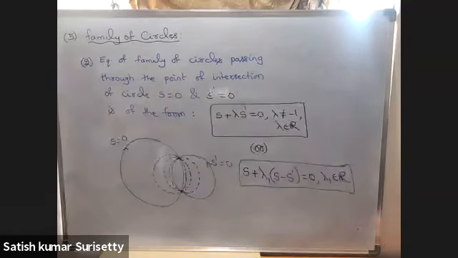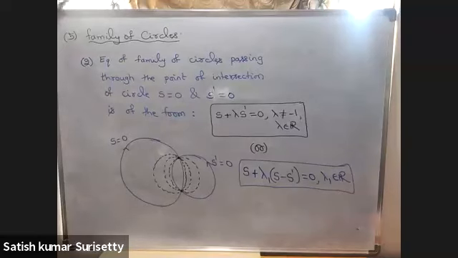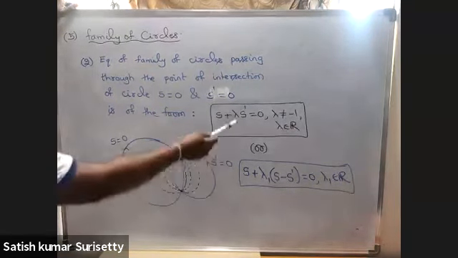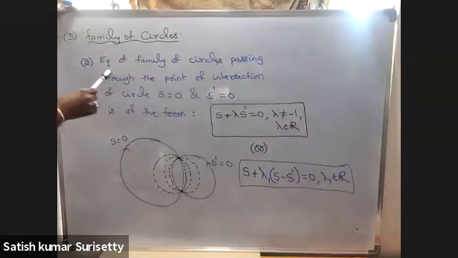Sir, here in the first concept, if lambda is equal to 0, then we will have only one circle, na, sir? So lambda should not be equal to 0 also. No. If it is 0 here, it will coincide. No. No. Go through once again.